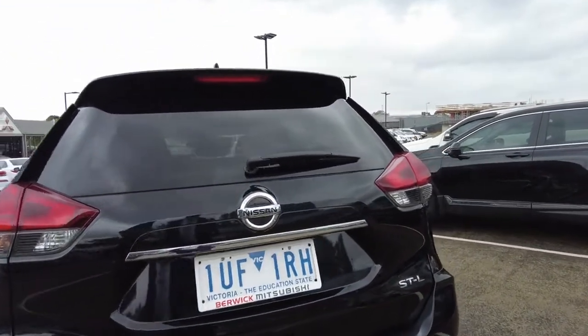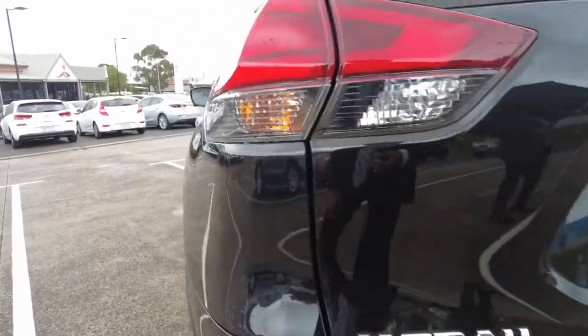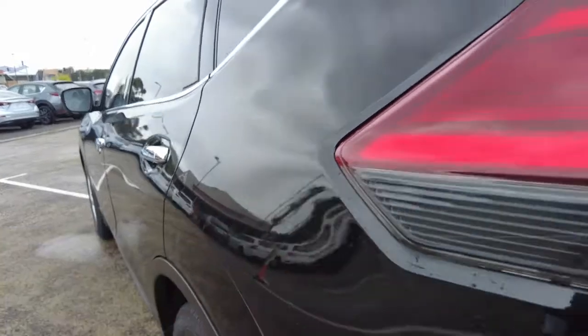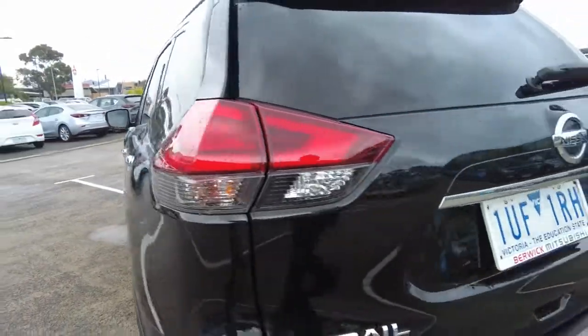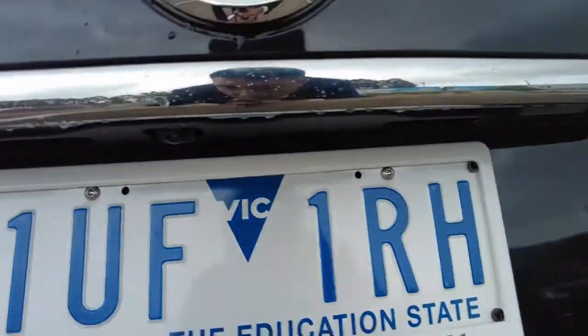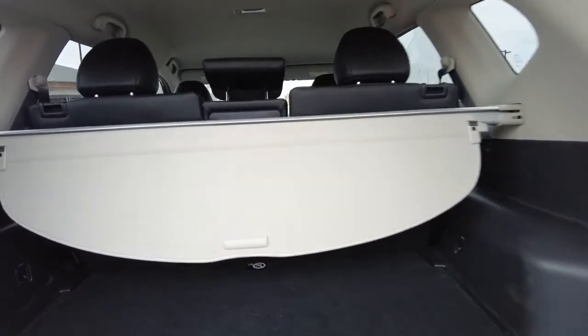And from what I see here, it's hardly anything. There is a couple of scratches that are very light, just on the left quarter fender. Other than that, it's barely anything. So you do get your reversing camera, and if you open up the boot, there's plenty of space for everything